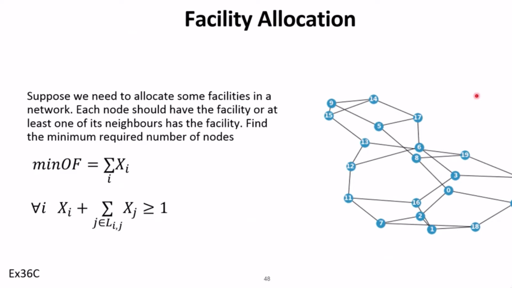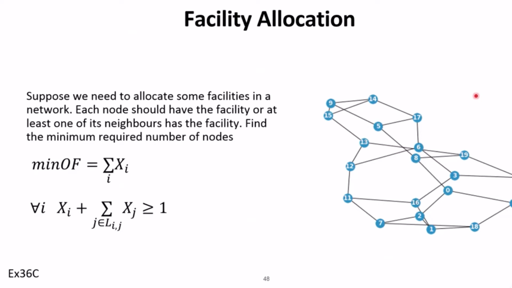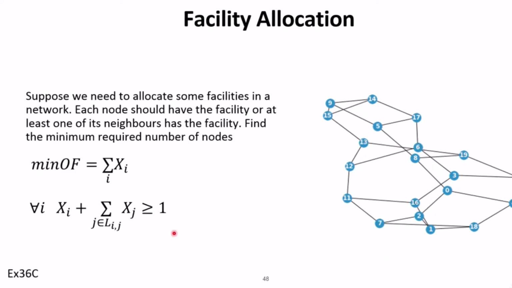So here you can see a given graph with, if I'm right, 19 nodes, and we want to find out what is the minimum required facilities and which ones are the best to allocate those facilities. So I define a binary variable called xi, and we want to minimize the summation of that,